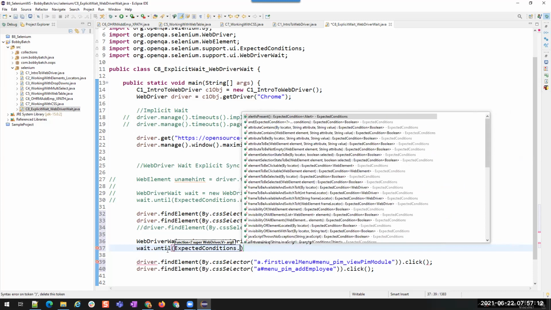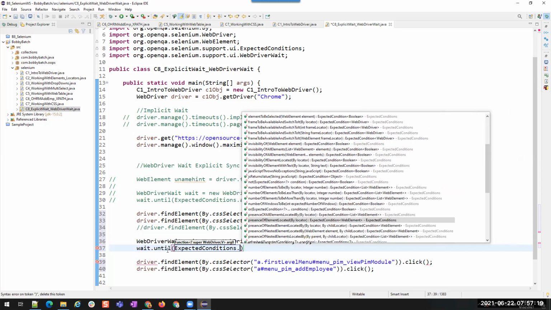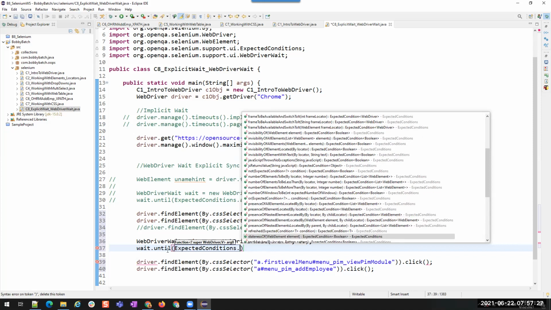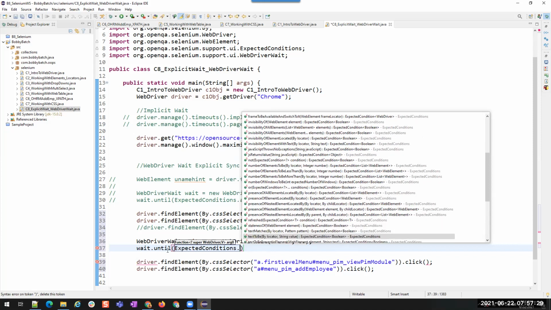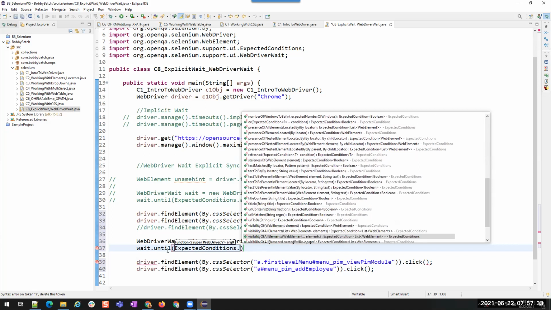Let's see. Invisibility, no, not invisibility. We want visibility. You see here, presence of element located by locator, text to be, title contains, URL contains, and visibility of.